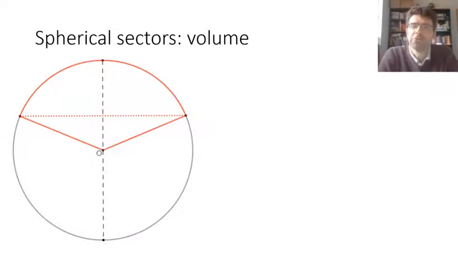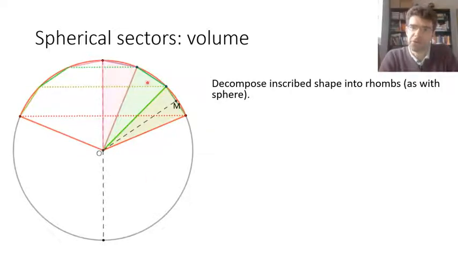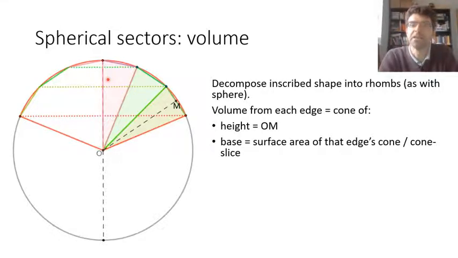Moving on to the volume of spherical sectors. Again, we sandwich a circle sector, decompose the polygons that we've got into triangles, much like we did when we were finding the volume of the sphere as a whole. And when we rotate that arrangement, what we're going to get is a set of rhombs, that kind of spinning top shape that we talked about in the last video, and differences between rhombs. And for each rhomb, we equate its volume with that of a cone of a fixed height, namely the distance from the center to the edges of the polygon.